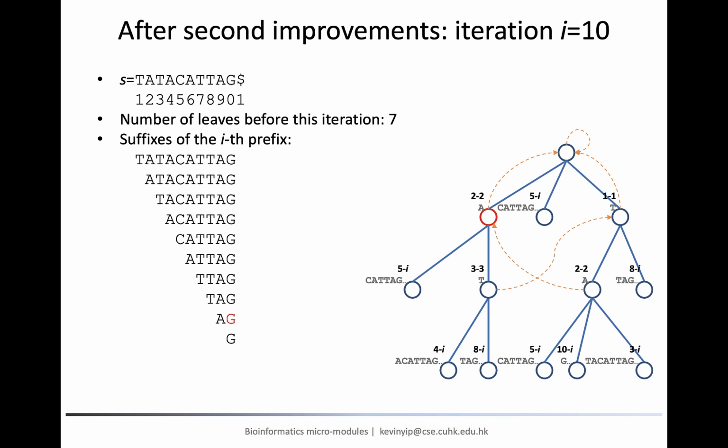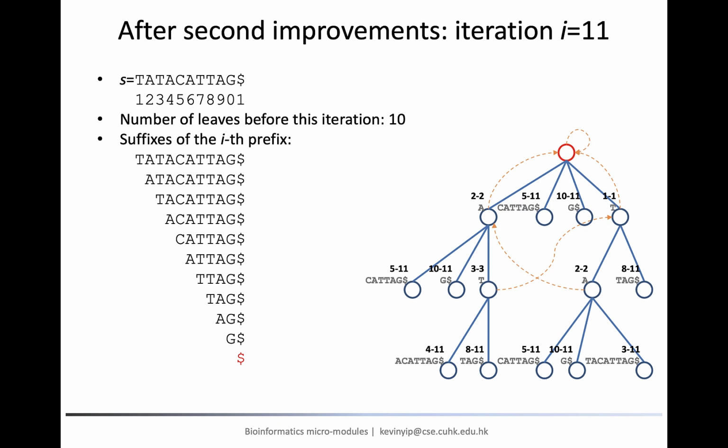The next suffix to handle is AG. And again, we need to create a new leaf node. So we create it. Then following the suffix link, we reach the root as the new starting node. The suffix that we need to handle now is G, and we create a new node for it as a child of the current node. Following the outgoing suffix link of the current node, the new starting node is again the root.